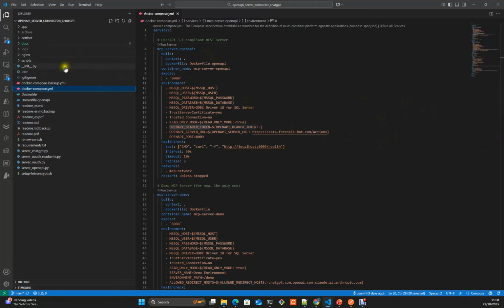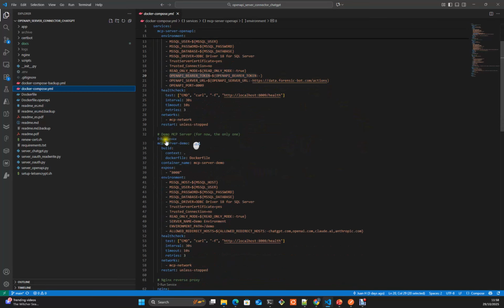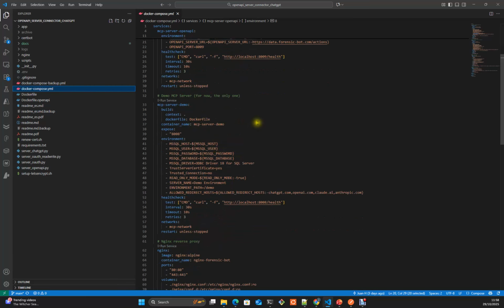So we start with the Docker Compose. In the Docker Compose, we simply create a new service, and it's pretty similar to the demo MCP server compatible.